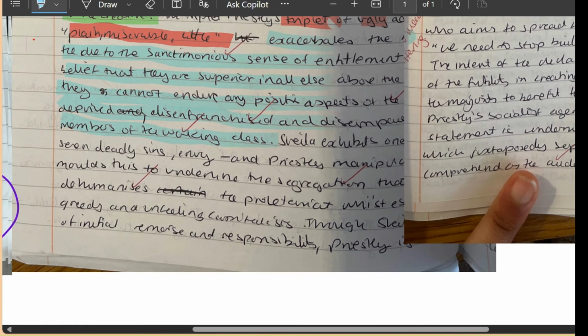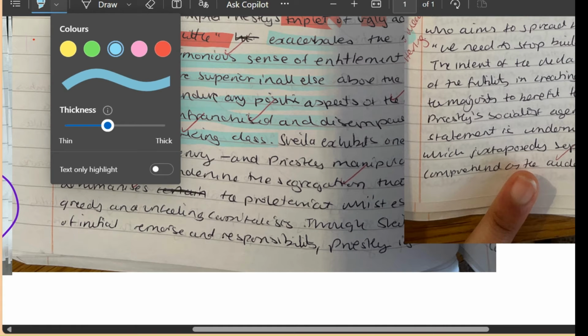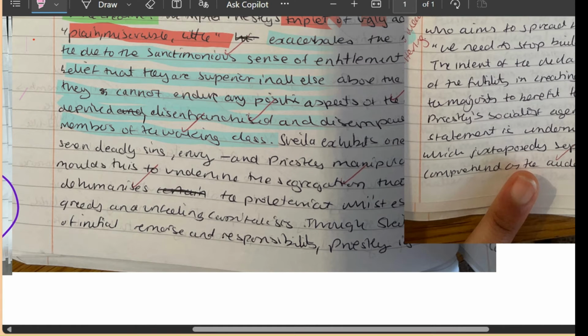Sheila exhibits one of the seven deadly sins. A lot of people revise this point in the exams and make that a whole paragraph to talk about. Whereas hopefully you can see here that I'm picking out lots of different context points and then adding them cumulatively, building up on them as smaller points. The examiner really does appreciate that, because instead of using that as your sole point, the more evidence that you show, the more convincing your argument is.